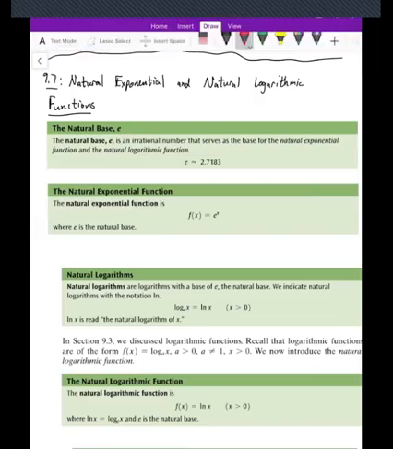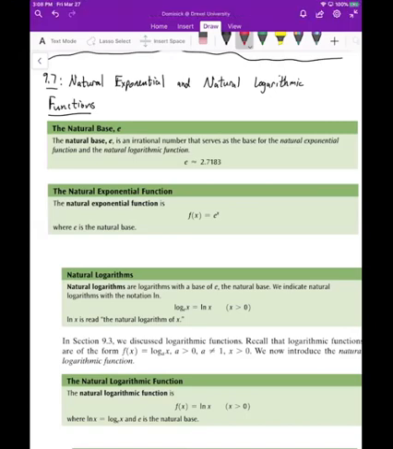Okay, guys, welcome. Today we're going to talk about natural exponential and natural logarithmic functions. Of course, these things come up naturally, hence the name, in mathematics. So it's worth our while to talk about them, right? Now, the first thing we're going to talk about is what's called the natural base, which is known as the